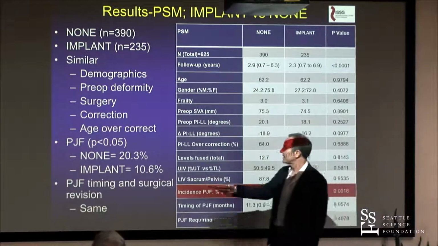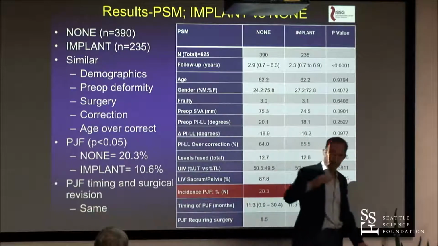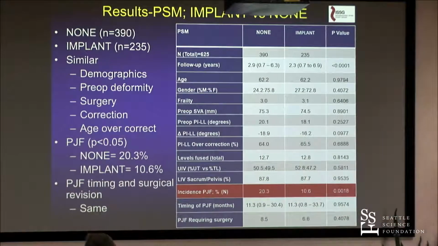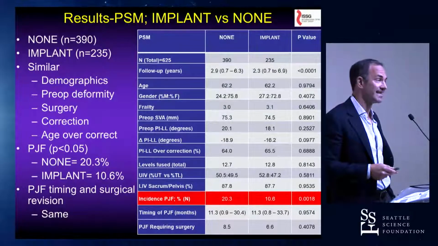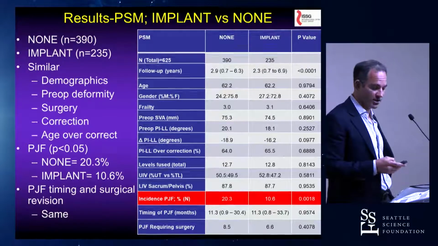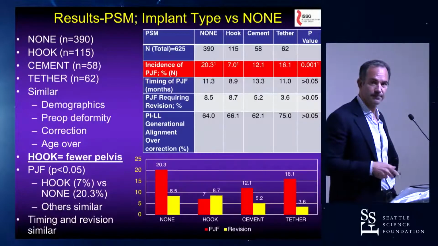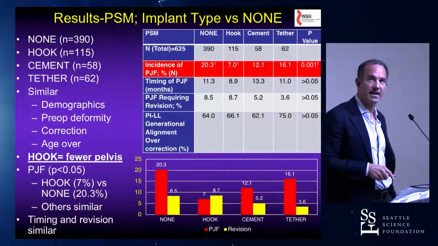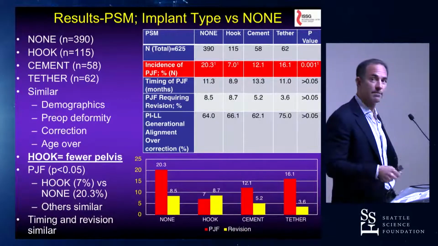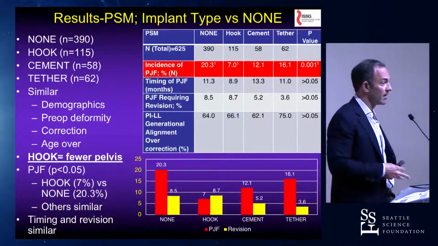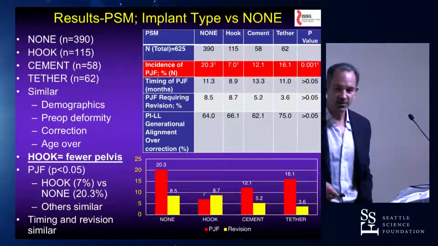Those that did receive something, about a 10% decrease. So the junctional failure rate is about 10%, although there was no difference in timing or revision rates for PJF. We then looked at the efficacy of hooks compared to cement, compared to tether versus none, and actually found that